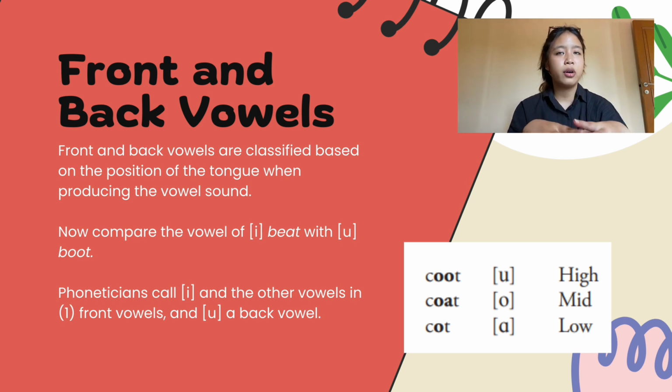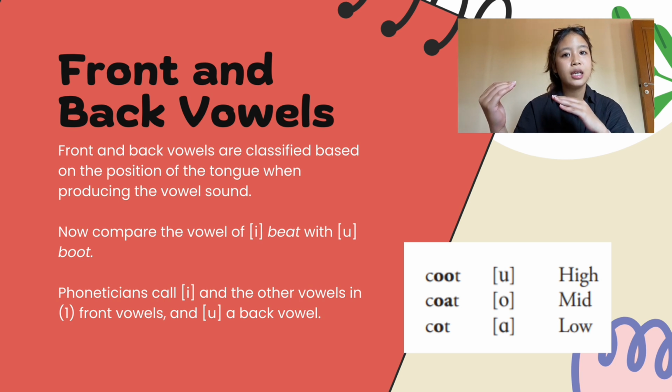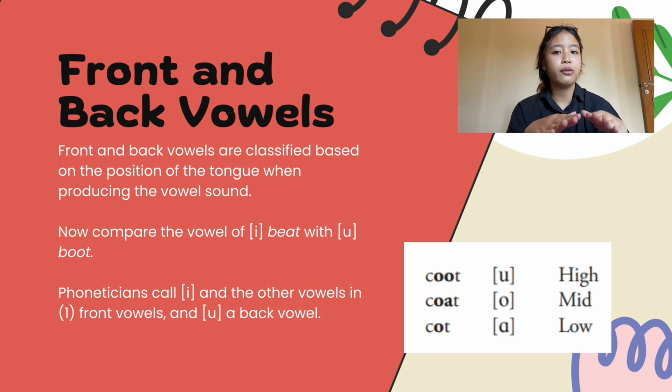Now compare the vowels of "beat" and "boot." Beat and boot. Phoneticians call the "beat" one a front vowel, and the "boot" one a back vowel. Here are the examples: could, code, and cut. Could, code, and cut. So next,